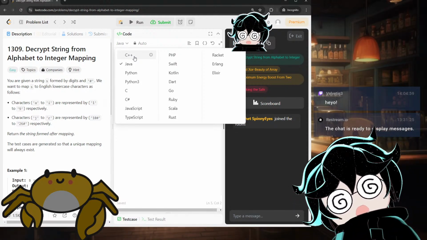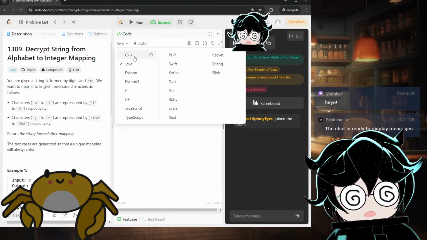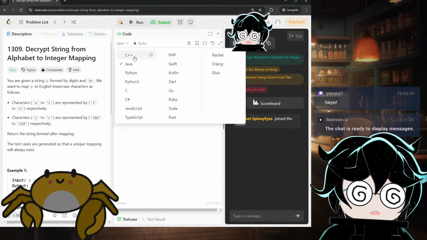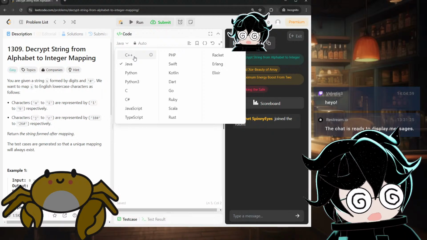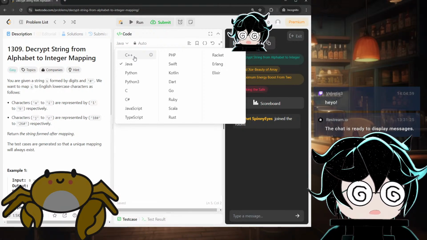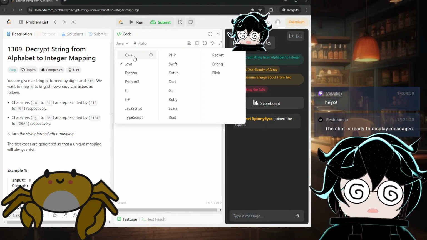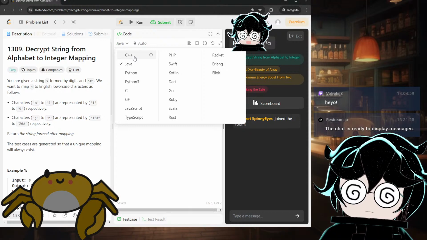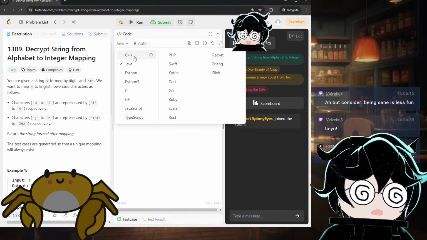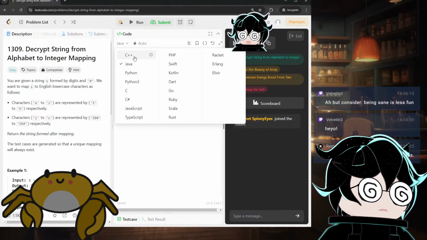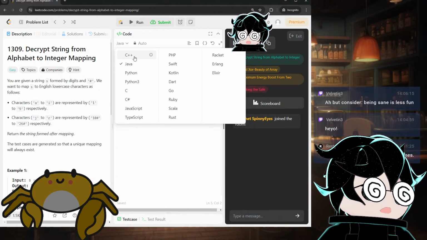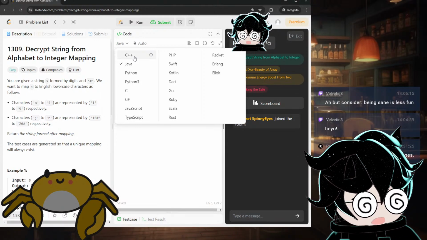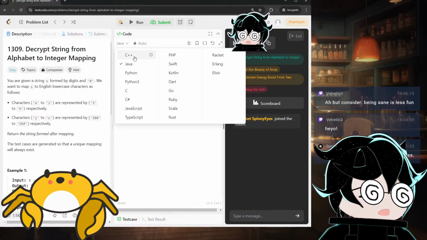People usually get those. Python is really short. You can get a lot out of very few lines of code. And C++ just runs really fast, so you can often get really high scores in LeetCode with C++. So both are good options, I think. Someone in my chat says, but consider being sane is less fun.